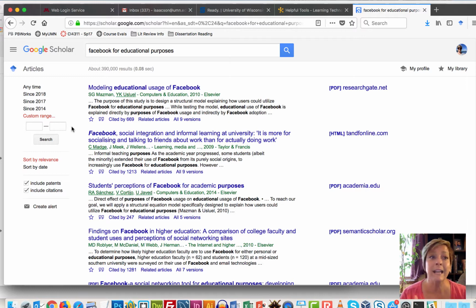So if you want, say, anything that's from 2010 or newer, you could put that in here. It'll then confine the search to that. Sort by relevance, sort by date. If you want to include patents or include citations, these are things that are up to you. But the cool thing about this is now you can see these are different academic articles,